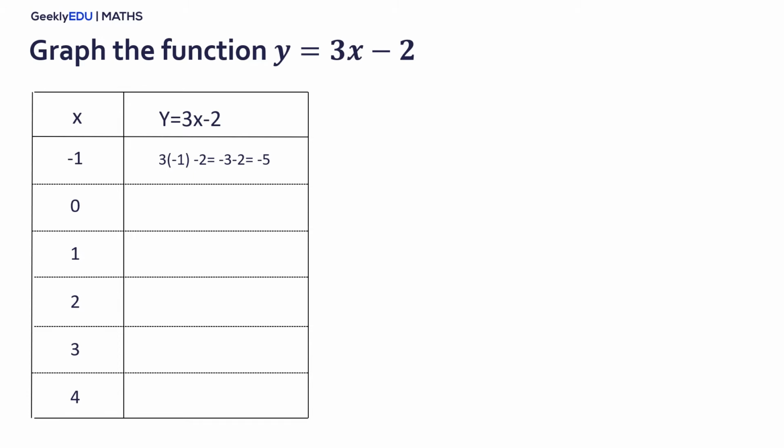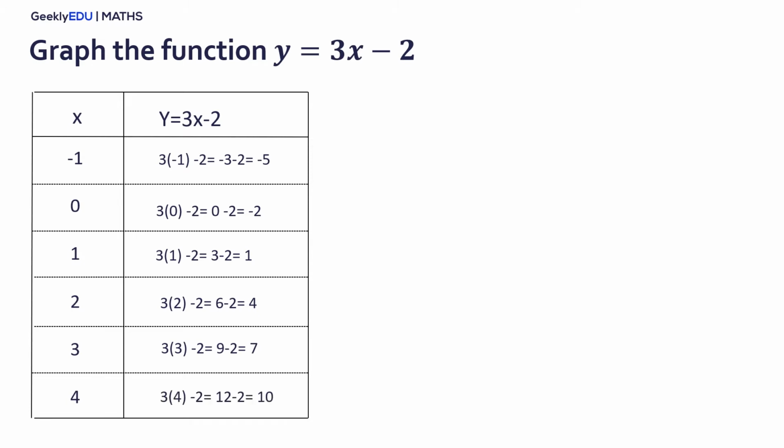We are going to do the same for 0. So 3 times 0 minus 2 is equal to -2. 3 times 1 minus 2 is equal to 1. 3 times 2 minus 2 is equal to 4. 3 times 3 minus 2 is equal to 7. And 3 times 4 minus 2 is equal to 10. The next step is to draw our coordinate axis,